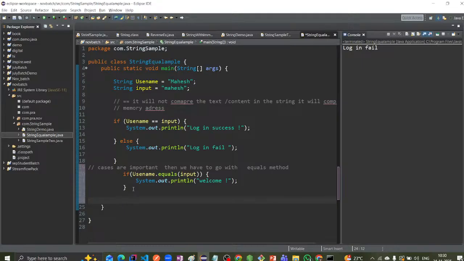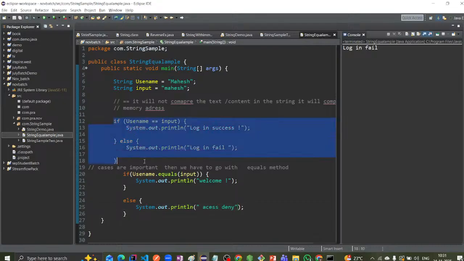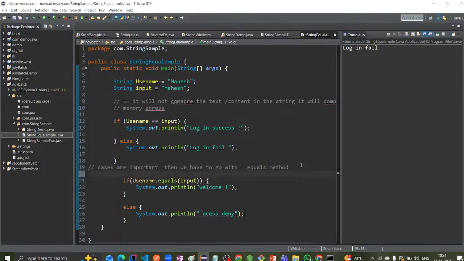Otherwise, let me write else System.out.println, let me write access deny something. Okay, see now here it will check the memory address, but here we know Java is case sensitive, right? Java is case sensitive,